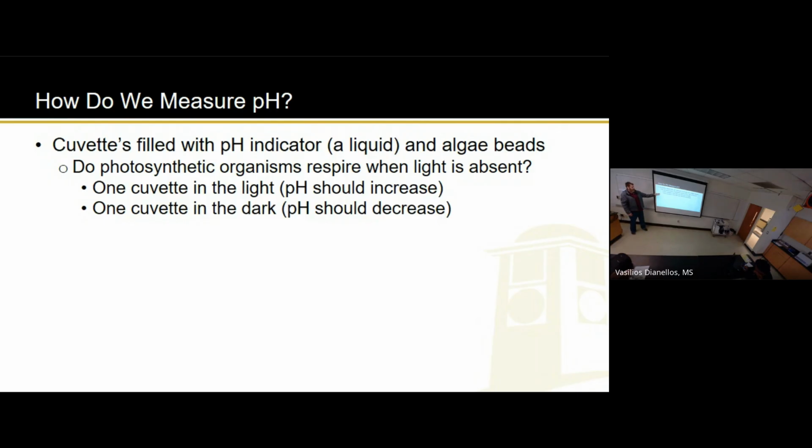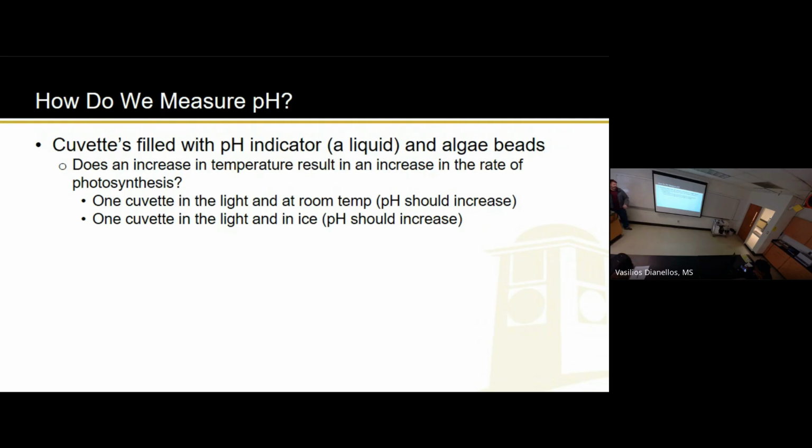That would be my hypothesis too. Yes, photosynthetic organisms respire in the dark, but with a caveat: eventually they do need light, right? Not that you'll need to write that down for the lab report or your pre-lab, but it's just something to consider. Obviously, if plants required light all the time, they would just die at night. But they don't, because they've stored up glucose in the form of starch, as you already know, and of course they get oxygen from the atmosphere.